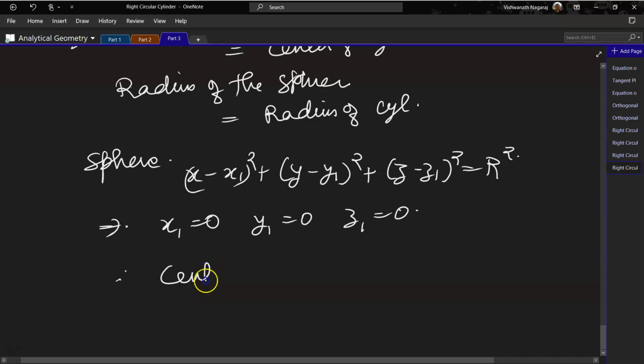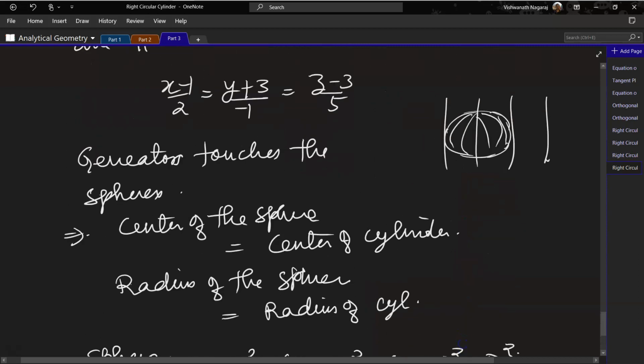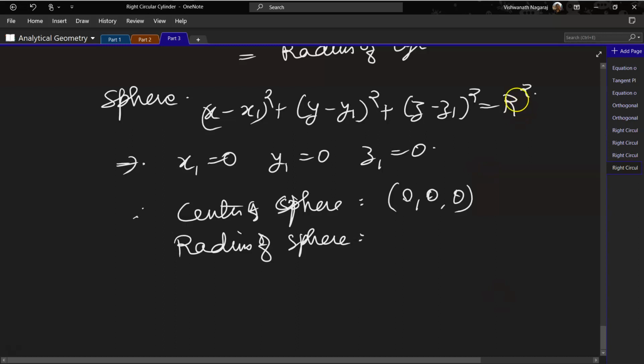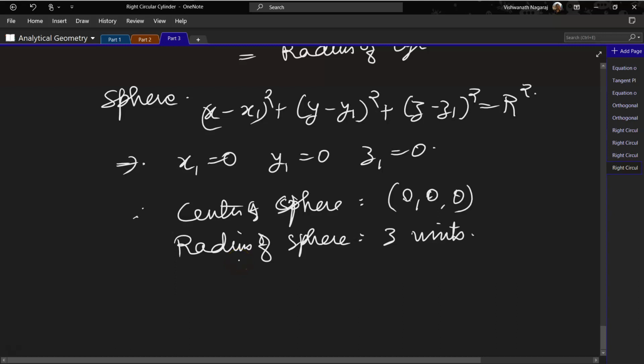Therefore, the center of the sphere is 0, 0, 0. The radius of the sphere, remember, r square is 9. So r means what? 3 square, so that means 3. Okay. That means the center of the cylinder is also 0, 0, 0 and the radius of the cylinder is also